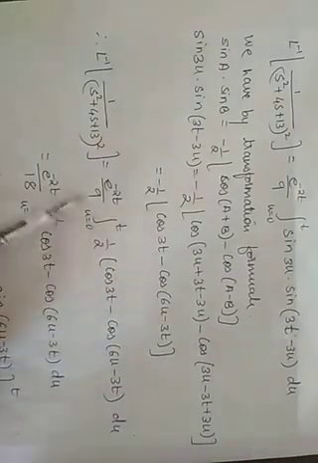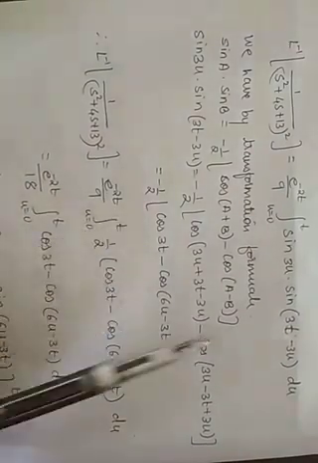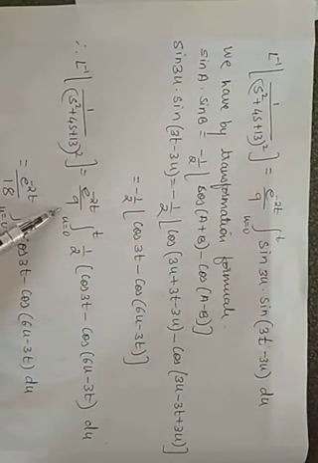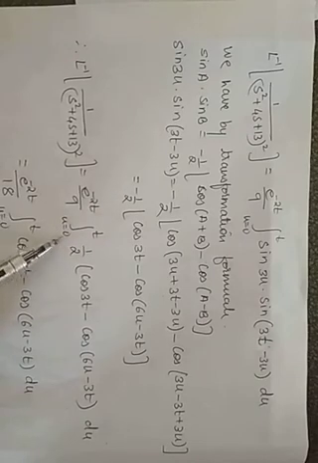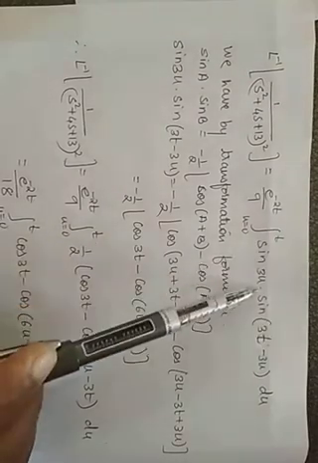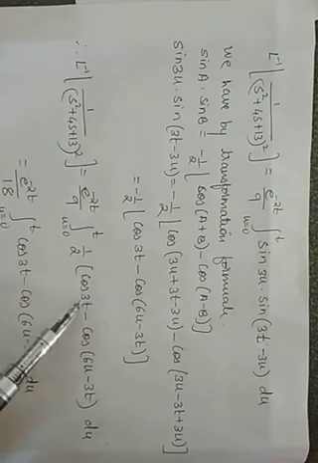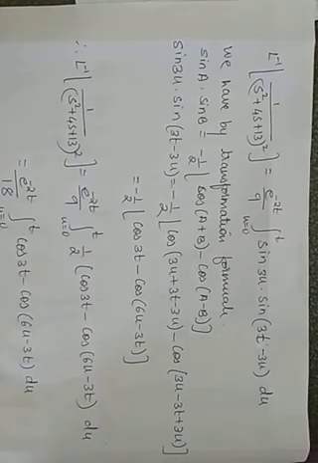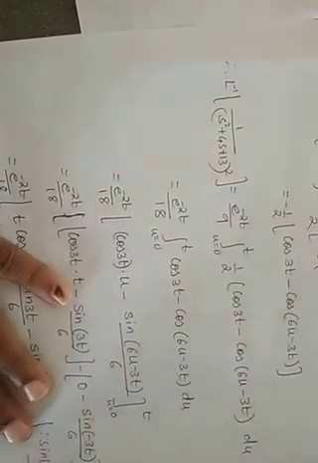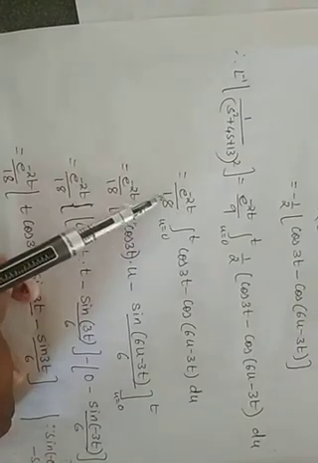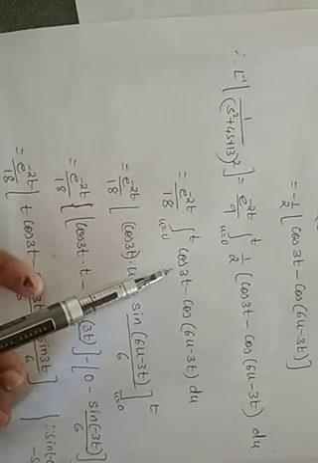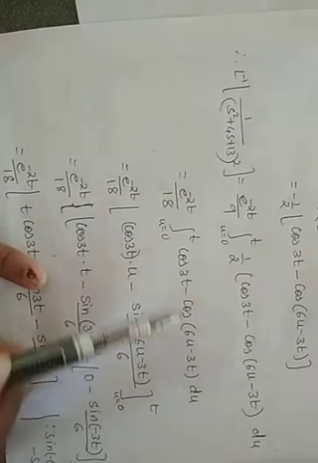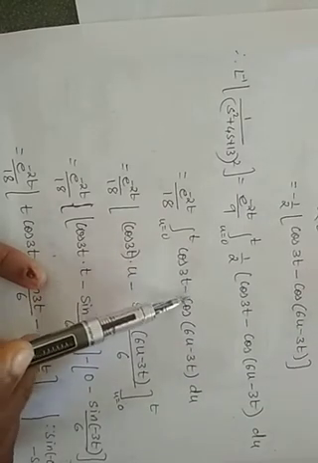Hence substituting this quantity over here in the first bracket, e raised to minus 2t upon 9 will remain as it is. Integral u equals 0 to t as it is. This quantity I will replace as 1 by 2 cos of 3t minus cos of 6u minus 3t du. Bringing this 1 by 2 outside, so e raised to minus 2t upon 18 integral cos 3t minus cos of 6u minus 3t du. Now I have to integrate separately because the minus sign is there.